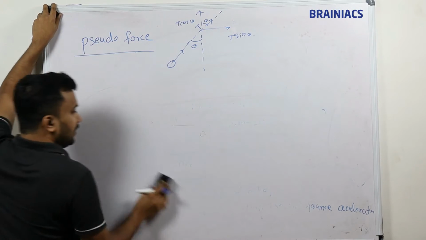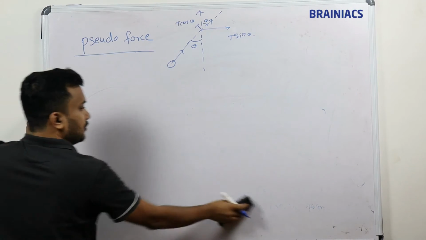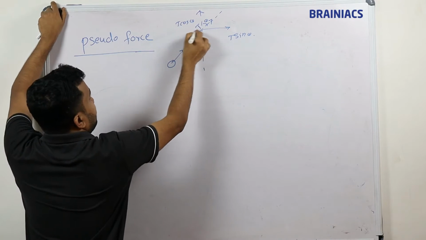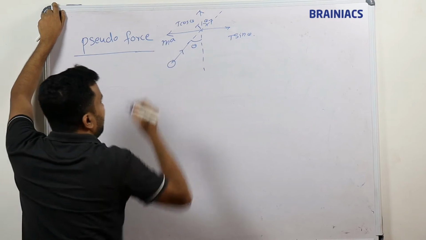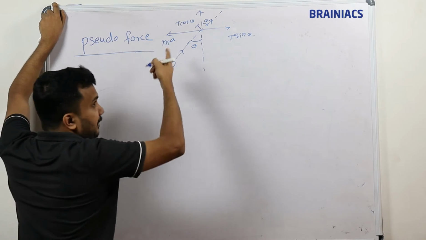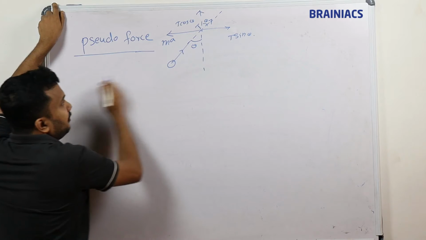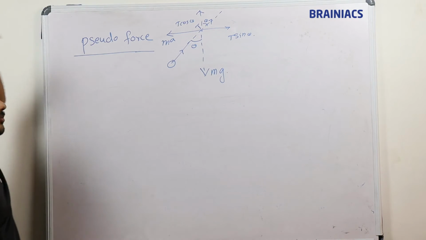The side which is very nearer to theta, many times I mentioned, is called cos theta. Adjacent side is T cos theta. The other side, the opposite side, is T sin theta. And what is extra here? A pseudo force will be here. What is a pseudo force? It is ma. And the pendulum is in equilibrium state. The pendulum is moved back and it's in equilibrium state. And in the downward direction, there is always one force which is called mg.